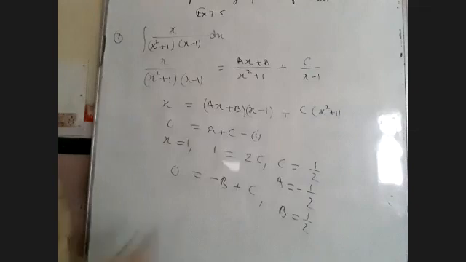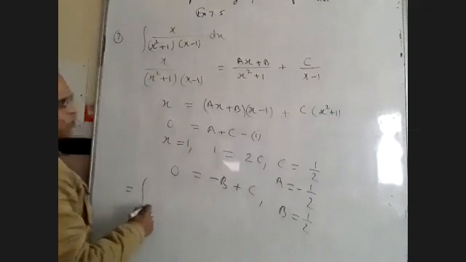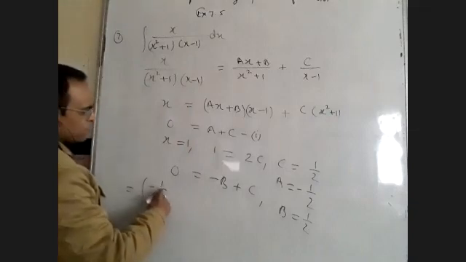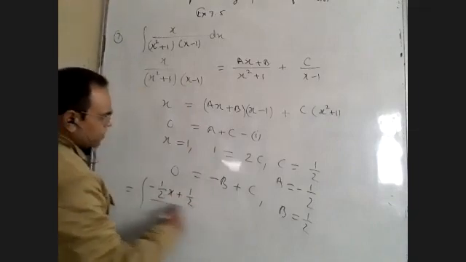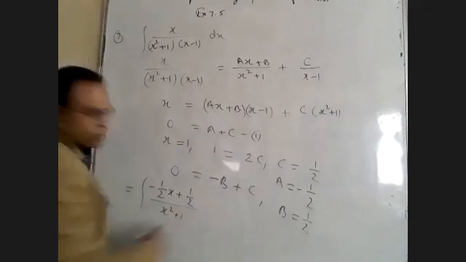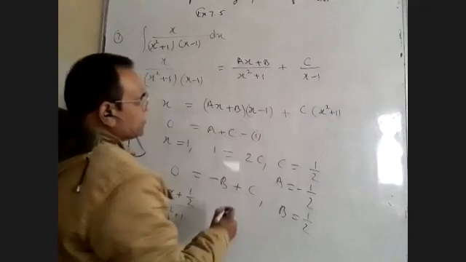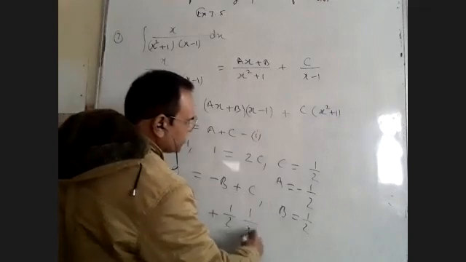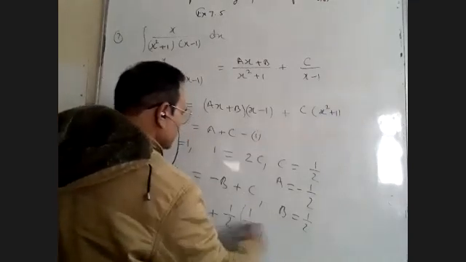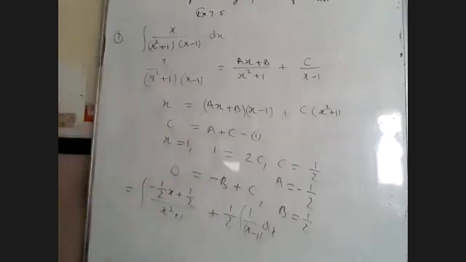Now we can integrate. If we put the value of this expression here, in place of a, minus 1 upon 2x, in place of b, 1 upon 2 divided by x square plus 1. In place of c, we get the value of 1 upon 2, 1 upon 2 divided by x minus 1. Okay. Now we have to integrate. The integration of 1 upon x minus 1 will be very easy. So you have to integrate this one. You can write separately both the terms. Okay. Where should I do?